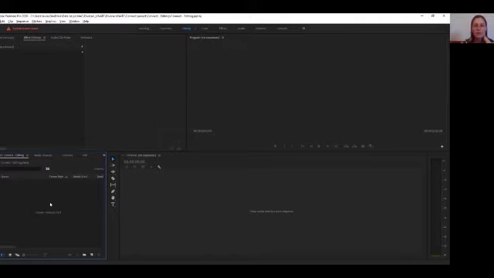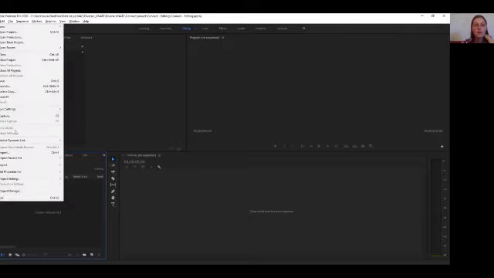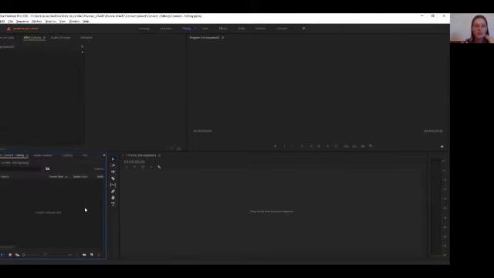So let's import our footage. There are several ways to do that. One is File, Import. The other one is the shortcut Control I. The other one is simply drag and drop. If I know where my footage is, I could simply open Windows Explorer and just drag and drop here